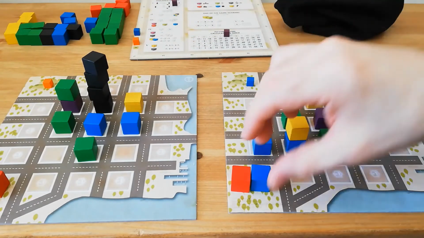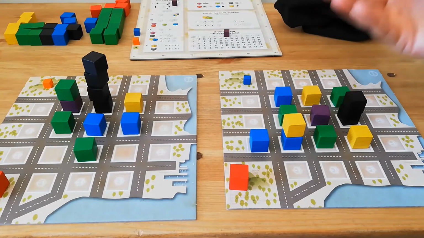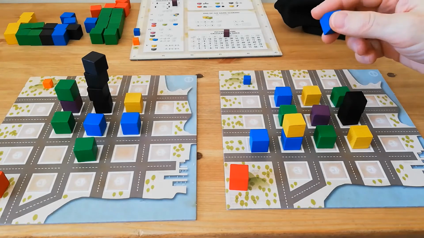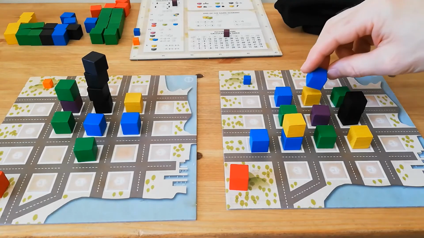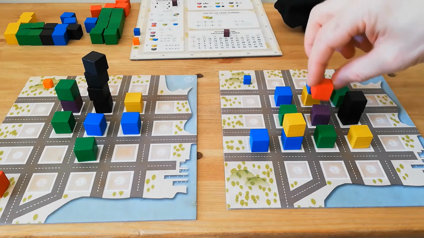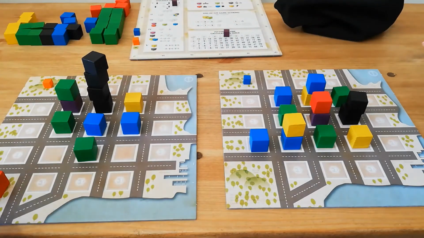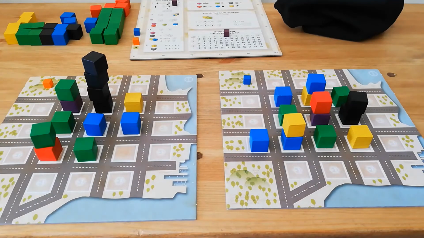Okay, placement. Remember, adjacency includes height, so up, above and below. So in this example, we will place our blue building there and our office building here. And for orange, we'll place like that. Okay,